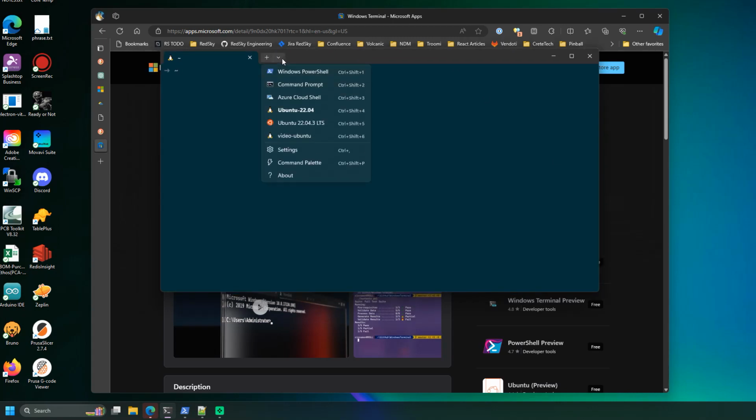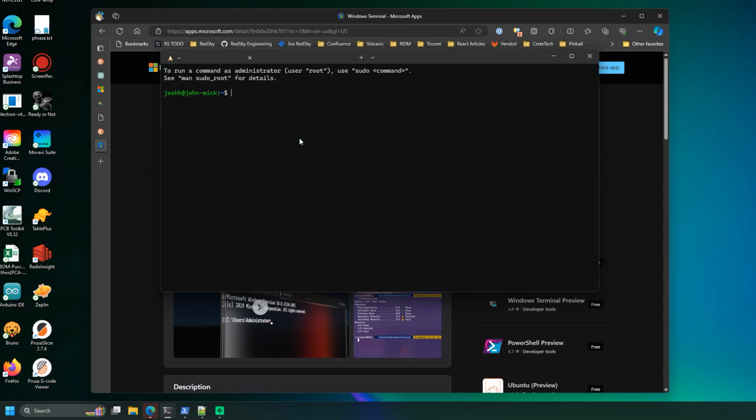But for now, we're going to come down here and launch Video Ubuntu. This will basically be what it looks like after you've done the WSL install. You'll be brought into a home folder with your name, and it shows your computer name there and all that kind of stuff. So what we're going to do here is, by default, if I do an echo of shell,